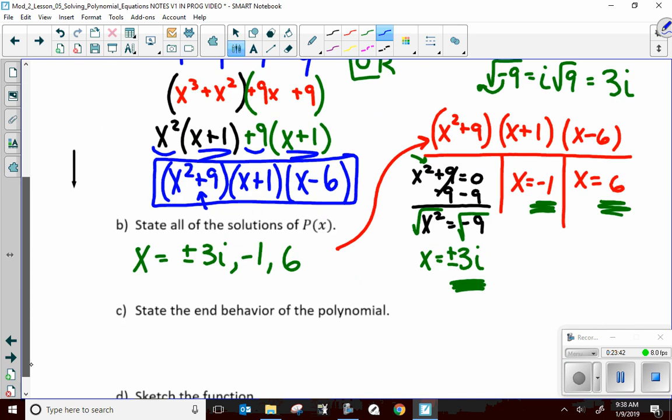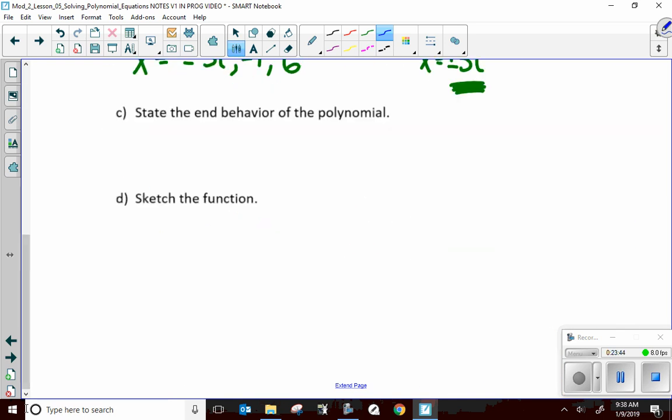So I come down here. If this is x to the 4th, I know it's an even degree. So it'll look like a parabola. And since my lead term is positive, I know it's a smiley face. It goes up. So if I want to write this in the proper terminology,